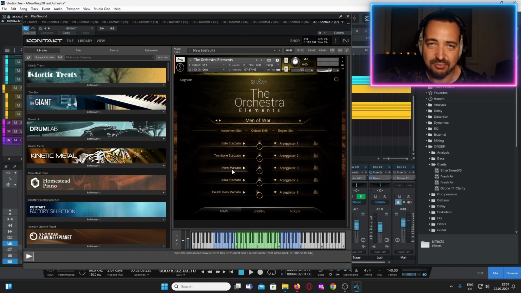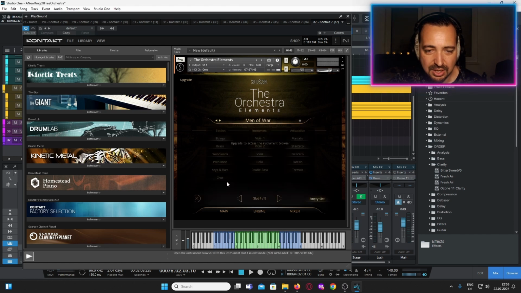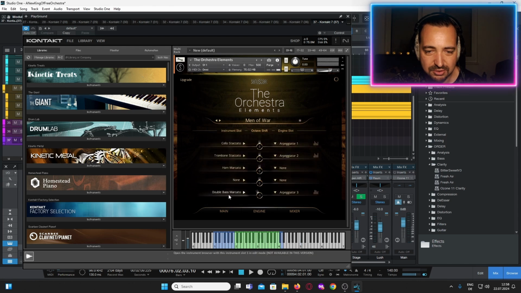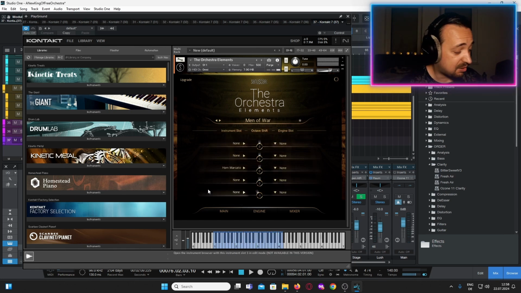And now that's how I want to show you how I set up the orchestra for my particular purpose. Hey, wait, if there's a horn marcato in here, does that mean I actually get to play a horn marcato? Because if I put this on none, and I go here and empty this slot, and I go here and empty this slot, and I go here and empty this slot, and I go here and empty this slot, I should have now just a horn marcato, right?